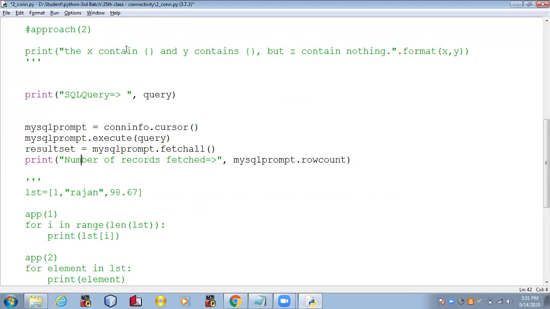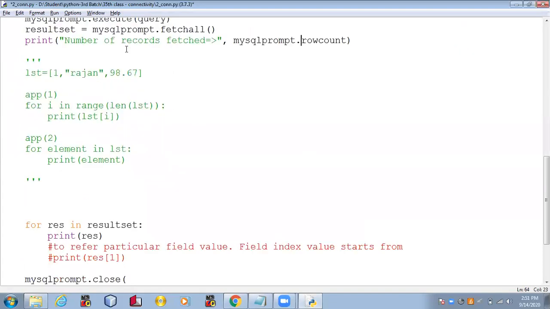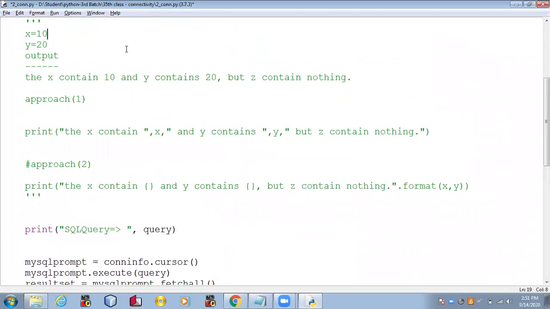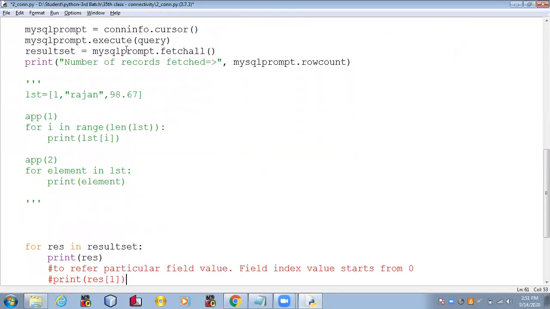Now here I just want to check how many rows of data have been grabbed from the MySQL. There is a property in the database cursor object, and that property name is rowcount. It will tell me how many rows of data have been grabbed. It totally depends on what my query is. If my query is select star from student, it will grab the entire rows, right? Entire rows. So now, based on the second approach, I'm going to extract the information of all the rows, but